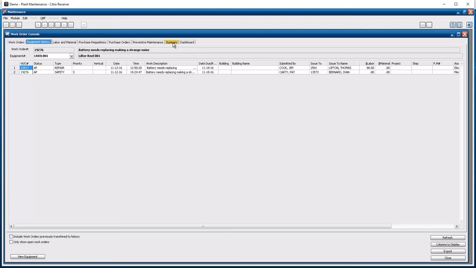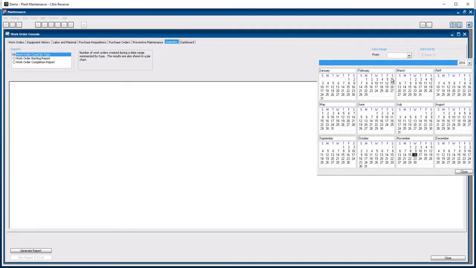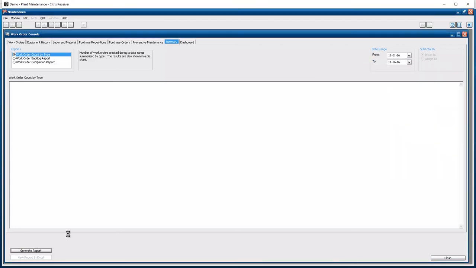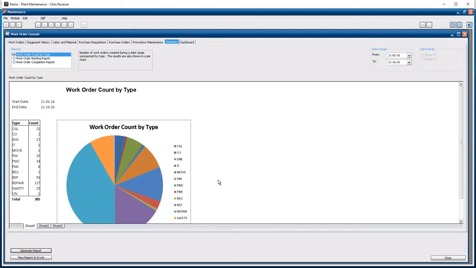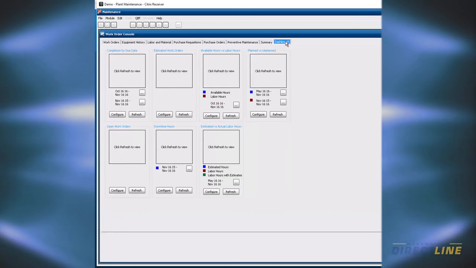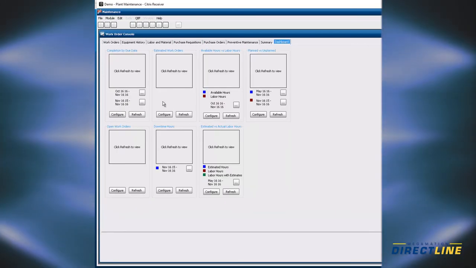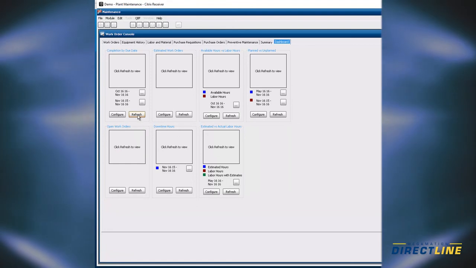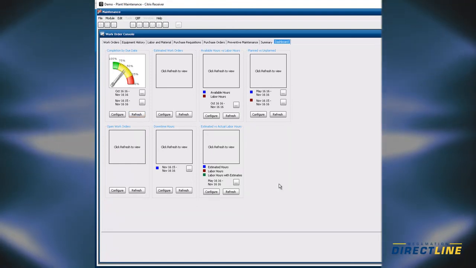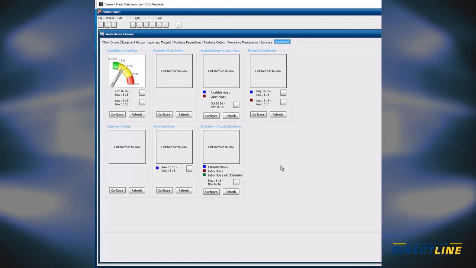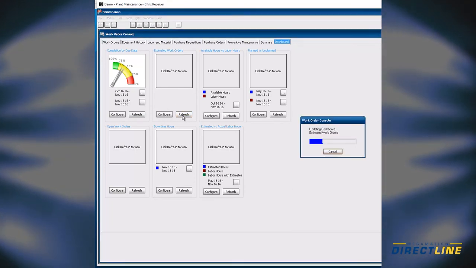And then there is some summary reporting to provide additional information right within the same window. This way, you don't have to jump from module to module to find information. Dashboard reporting is very similar to that last tab. It's another reporting tool that can be customized to your needs. The Work Order Console is a tool used to pull information into one place to manage, change, or identify the